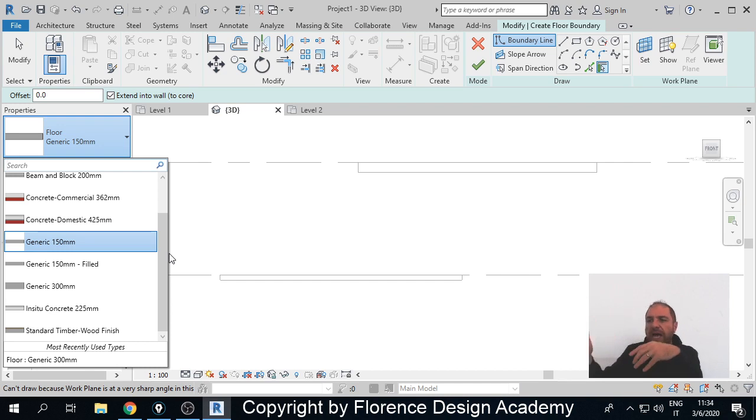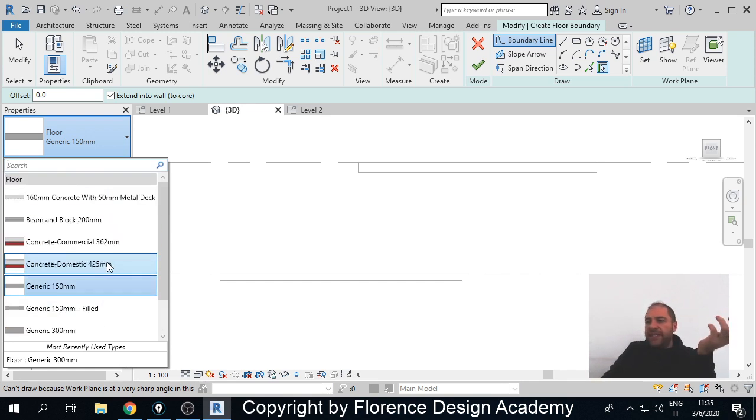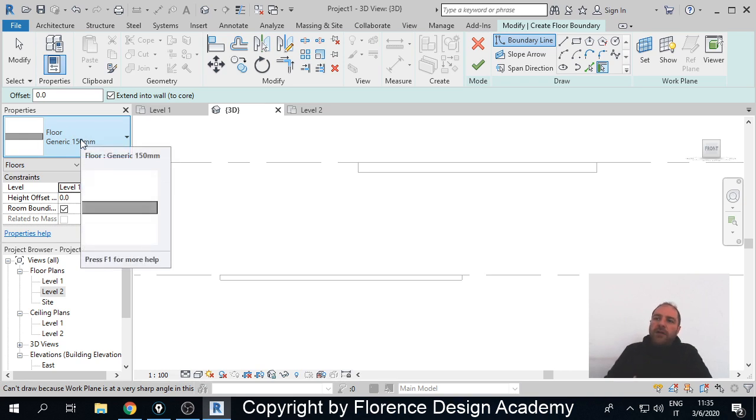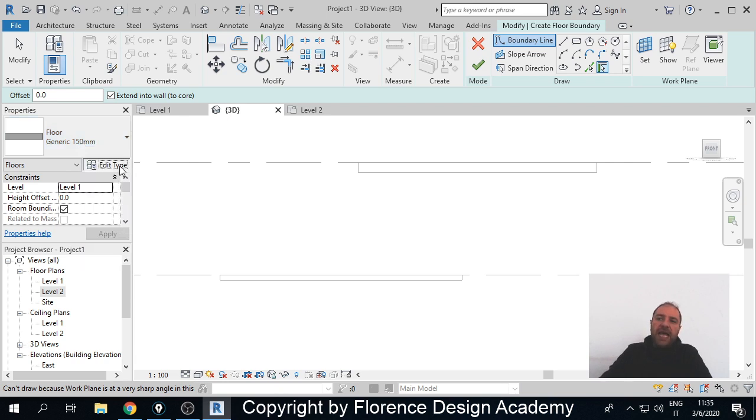So if we are in a situation where we see that in our project we need a floor, because probably we had the chance to measure it, and we see that our floor is, I don't know, 275 millimeters thick, and we scroll this list and we don't find any type that fits exactly our project, like walls, like other elements in Revit, we can edit the type, and exactly like we've seen for walls, we can start from whatever available floor type. We can click edit type,